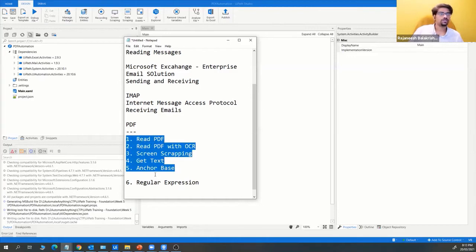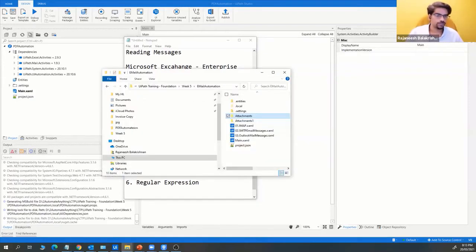So we'll go through all these 5 concepts and see which is better for our automation. You can go with either one of these, or with a combination of these activities, and that also works, because in one specific PDF Read PDF will work and all the remaining will not, and in some PDFs 2 or 3 will work, and you will use all the combination and grab the values. All right, so let me open one of the PDFs, and then we'll start from there.